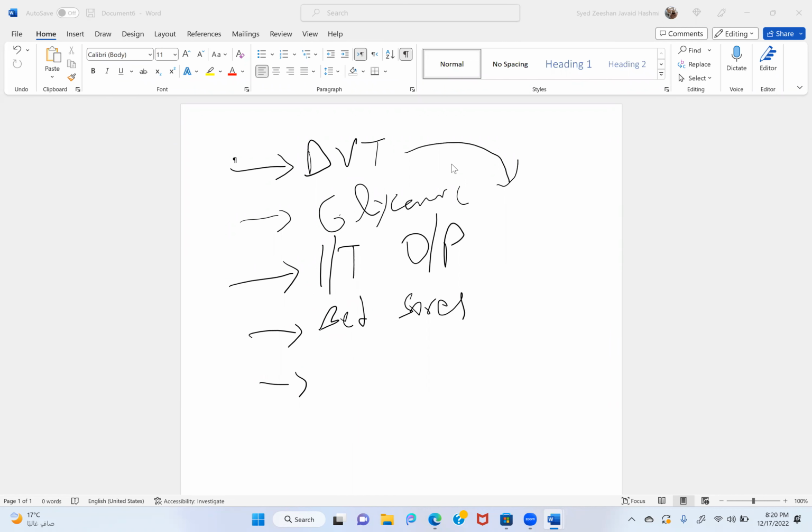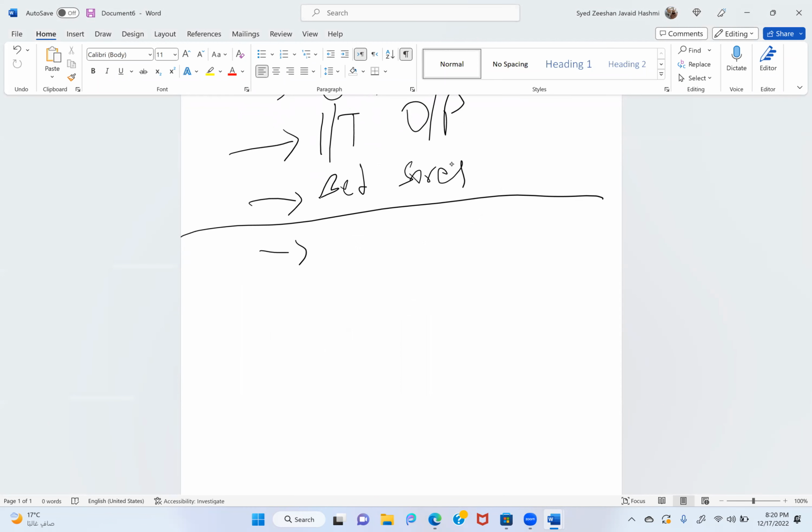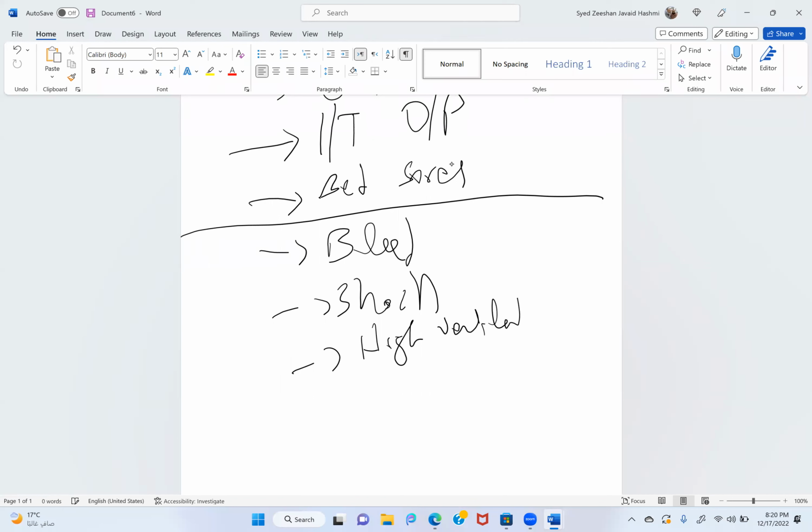Okay. So you will be looking at these things generally, and you will have an overall picture, and then of course the rest of the things will come after that. Because you can have a patient in shock with high inotropes. You may have a patient with bleeding, shock, high ventilator settings, as I told you. Okay. And you will be dealing according to that case. But usually these are the common things.